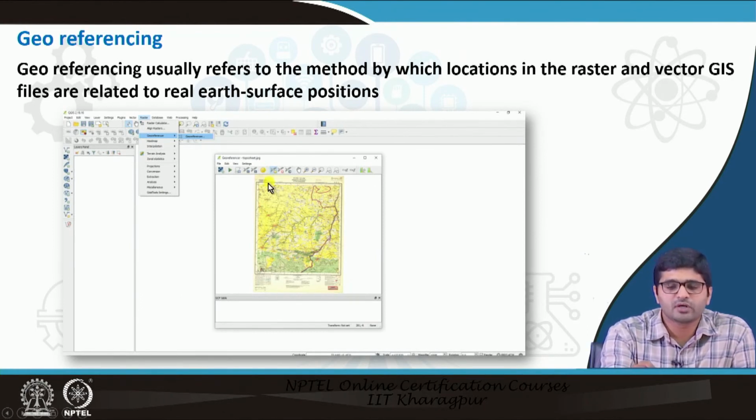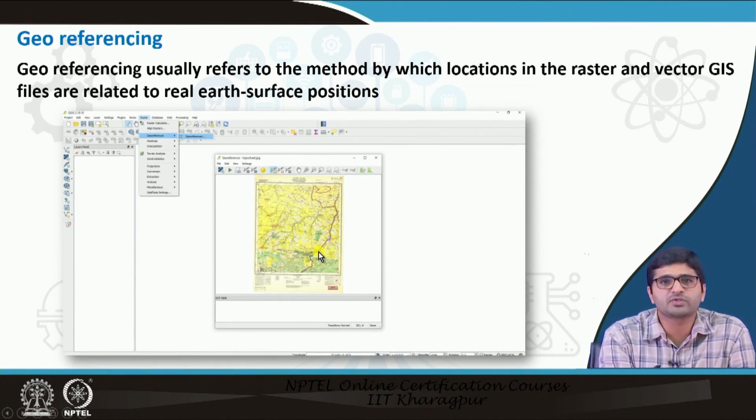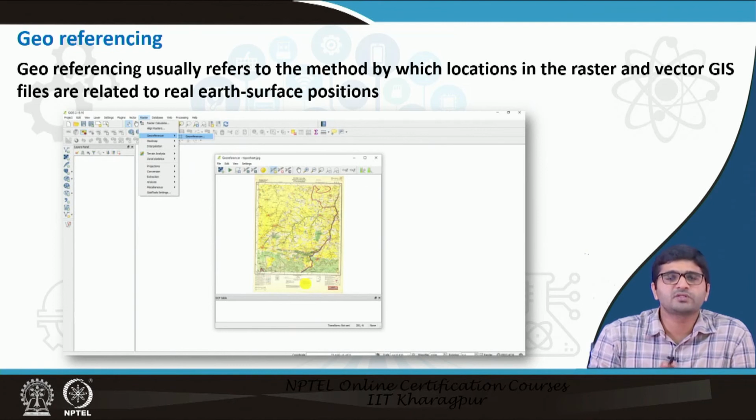Here, using at least a minimum of 4 coordinates, you just need to input the 4 coordinates to the topo sheet if you are using a topo sheet, or if you are using any images, satellite images, you need to import ground control points and then perform the georeferencing operation here to fix it to the ground surface. You can fix any image or a satellite image to the ground surface using the georeferencing tool in QGIS.